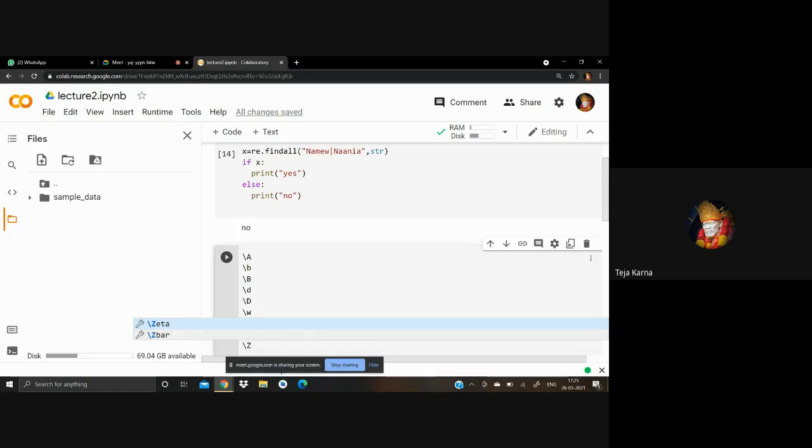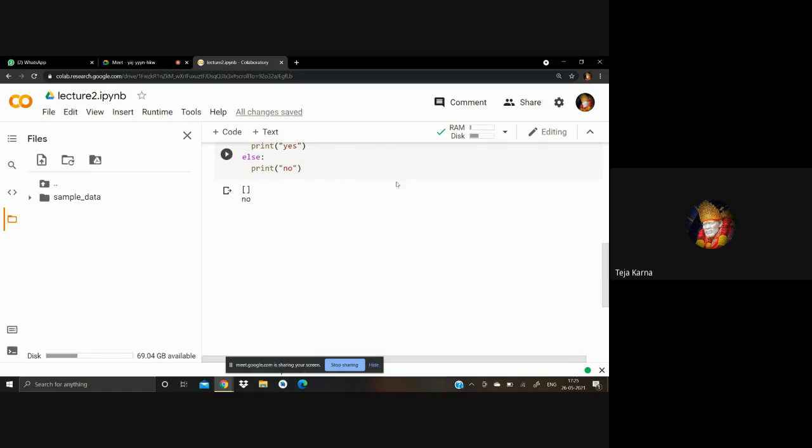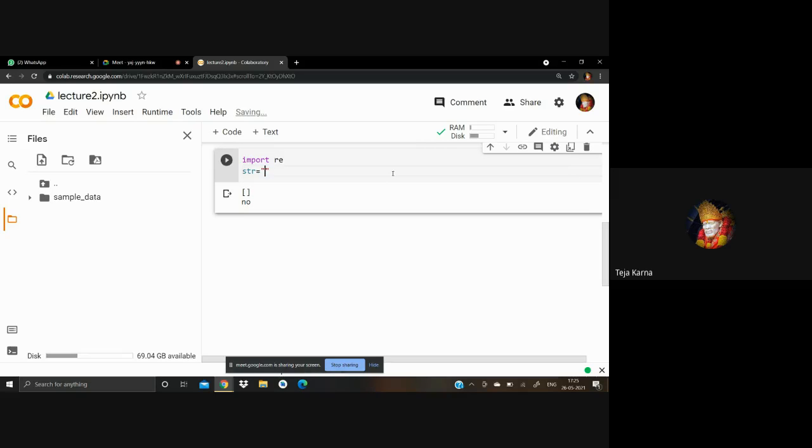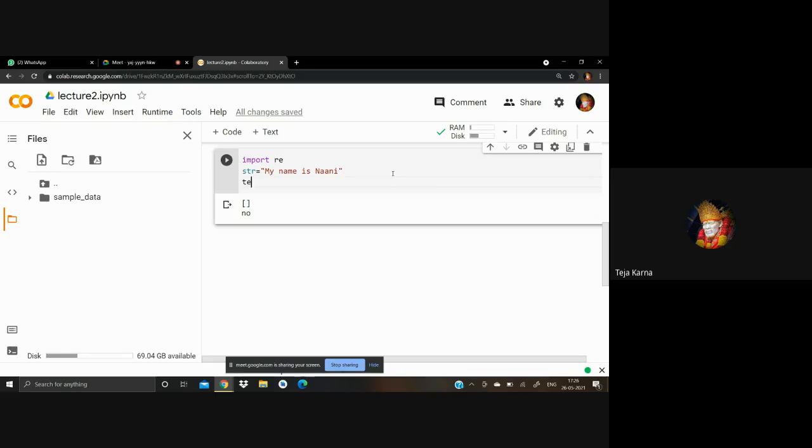Okay, so we have used findall only. Now we'll use the search option to see how it actually works. Import re, then again the string equal to "my name is Nani", then temp equal to re.search.